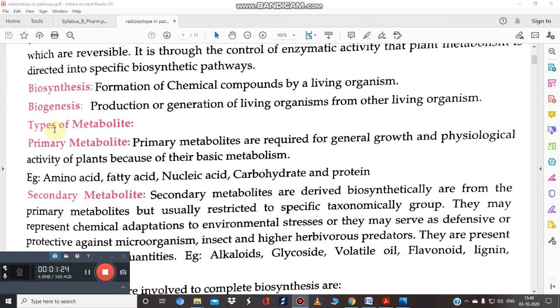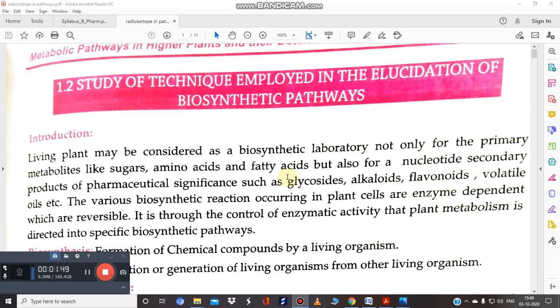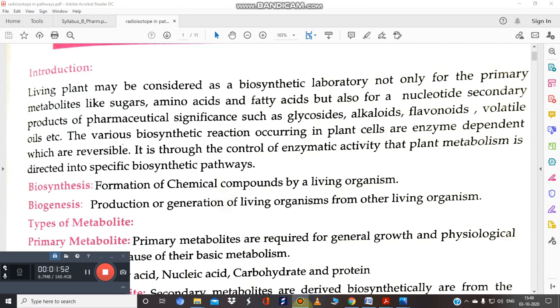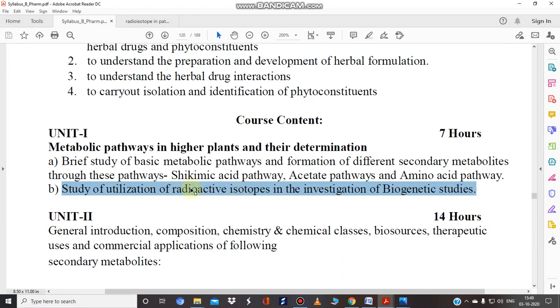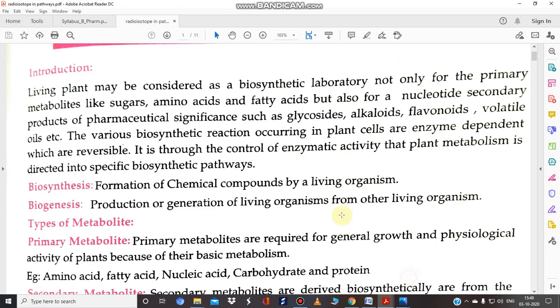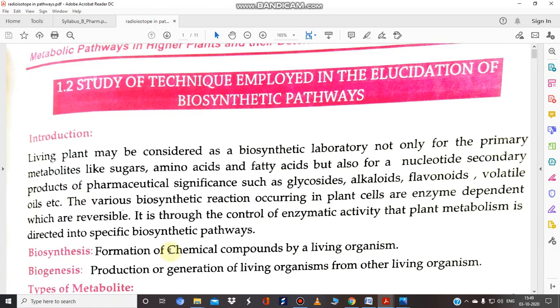As we know, plants contain two types of metabolites, primary as well as secondary, and plants use these secondary metabolites for their defense mechanism, and they include alkaloids, glycosides, volatile oils, flavonoids, etc. And we use alkaloids, glycosides, and a number of volatile oils in different types of industry for therapeutic purposes, for general ailments. They have applications all over. That's why the monitoring of these biosynthetic pathways is necessary. And what is in our syllabus is the use of radioactive isotopes. So it is clear that we use some radioactive isotopes for monitoring these biosynthetic pathways.